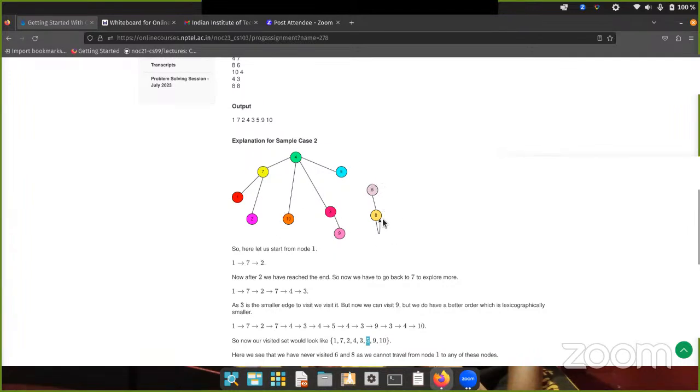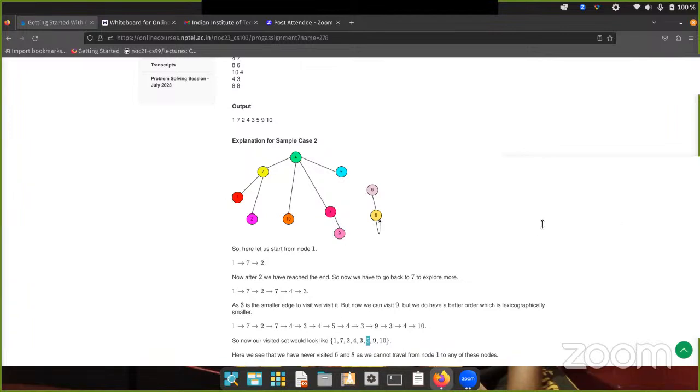We need not mention the rest of the nodes because they are not connected, so we can leave them as they are. We need not add them in our solution. We'll have only this traversal as our solution, which starts from node 1. Is there any doubt in this question?